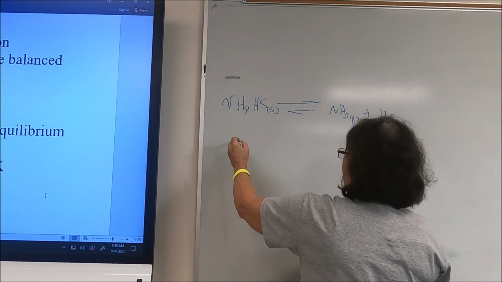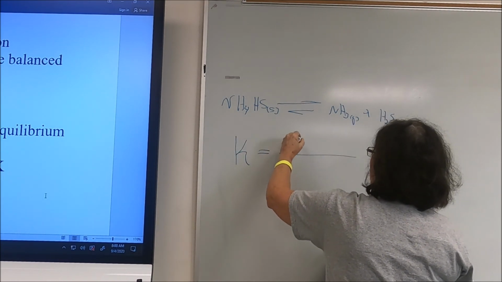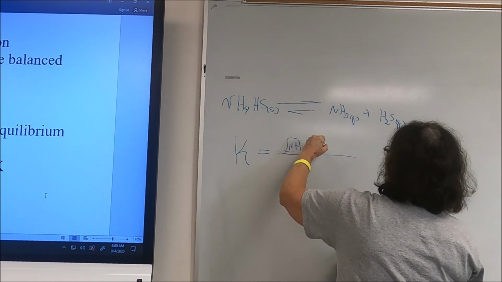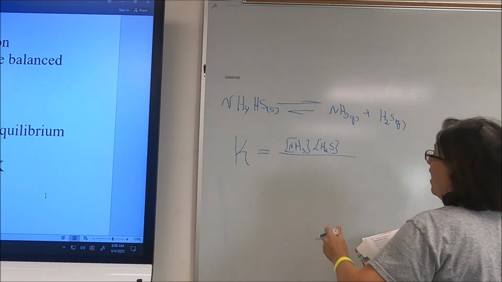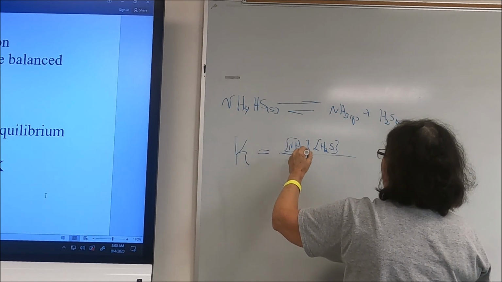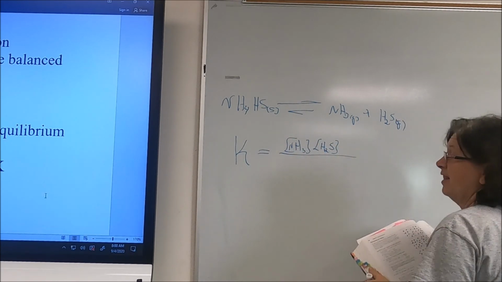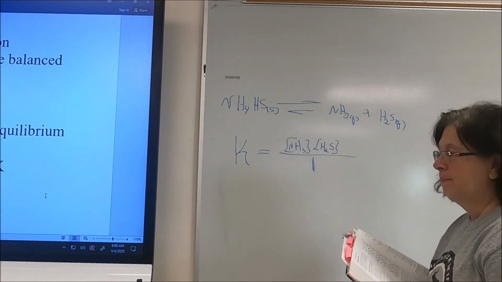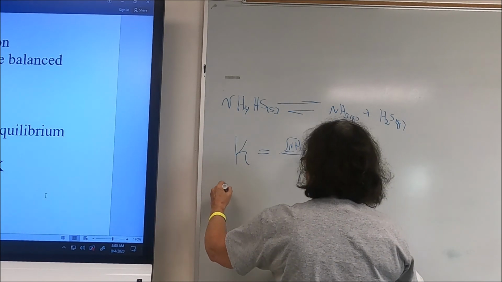Okay, now that means I can go ahead and write the equilibrium expression. K is going to be the concentration of ammonia times the concentration of hydrogen sulfide. And since NH4HS is a solid, there's nothing in the bottom. That's just the equilibrium expression. If that bothers you, you can put a 1 here on the bottom. Okay? Now, the other things we're told is that at equilibrium,